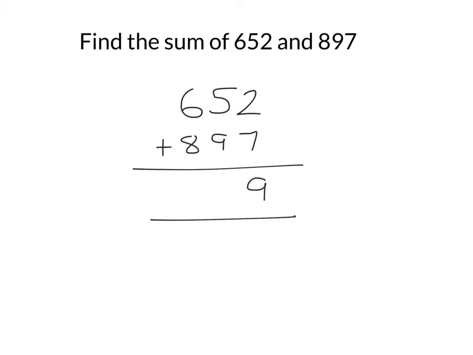5 and 9 is 14, so we put 4. And the 1 we are now going to be carrying above the line. Sometimes if we have the 1 here, sometimes people can forget it. So we're not going to use the 1 below the line, we're going to be using the 1 carried